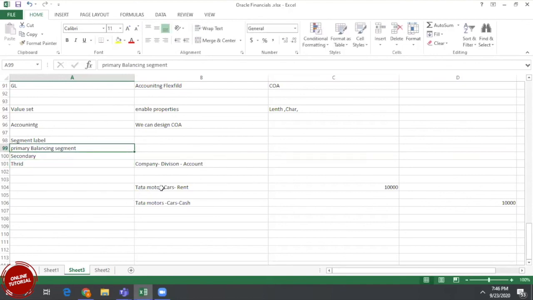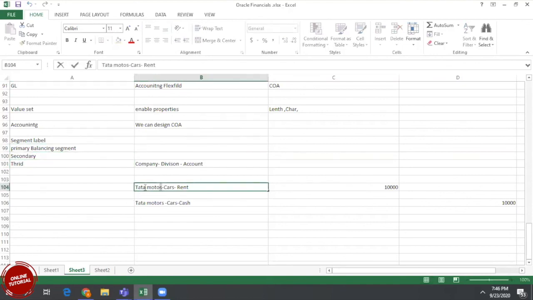For example, the debit side company and credit side company should balance. For example, I want to prepare my balance sheet which is specific to company. So at whatever level you want to prepare the balance sheet, that level we need to assign the balancing segment label. Primarily it is assigned to company.